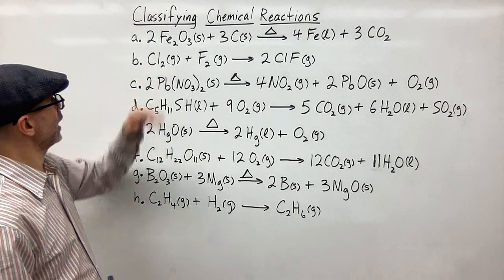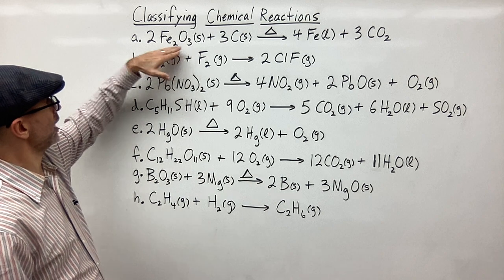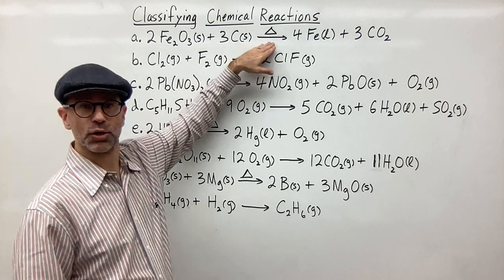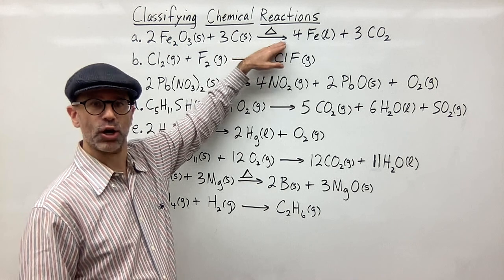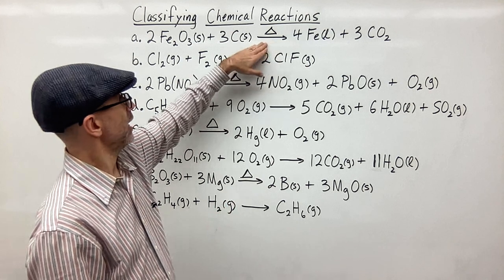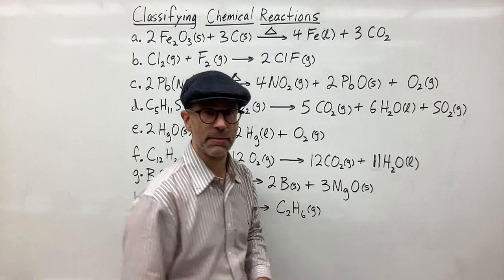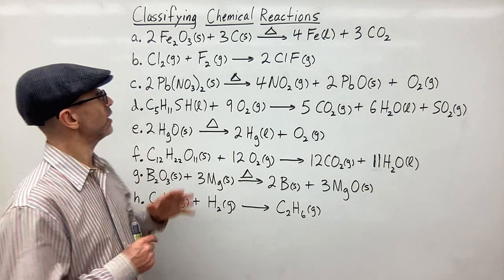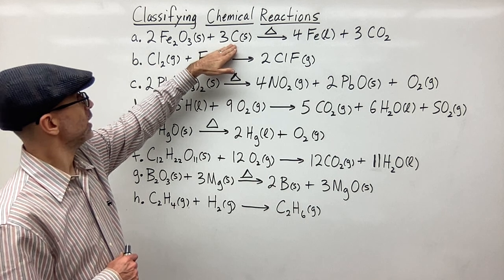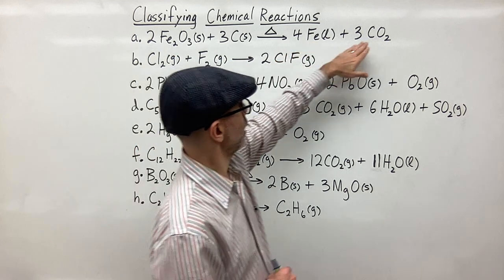For the first one, A, we have this substance here, iron 2 or iron 3 oxide, Fe2O3, plus some carbon. You add some heat. So if you ever see a triangle over an arrow in a chemical equation, it means you are supplying heat for the reaction. And so you produce some liquid iron and carbon dioxide. So one of the things you want to notice is that you see this carbon here, and you have iron with oxygen here, but on this side you have iron by itself and you have carbon with the